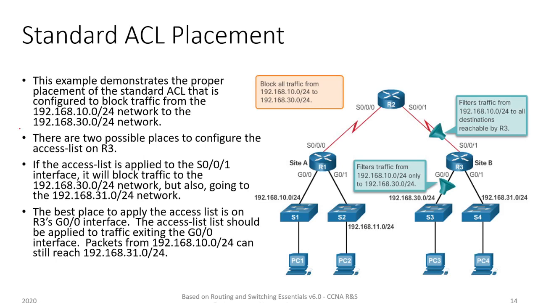So the main thing about standard ACLs is that they are going to be filtering packets based on the source address, so it is going to largely depend on that. For that reason, it can only be performed much closer to the destination. Whereas an extended ACL will use these other parameters such as protocols and so on. So for that reason, it can be placed closer to the source router.